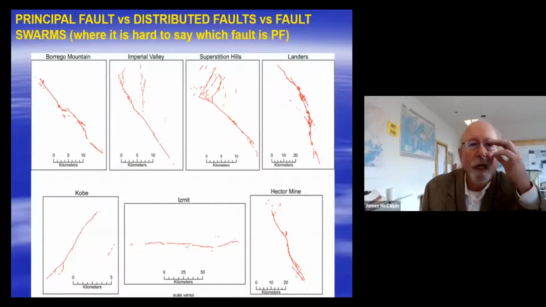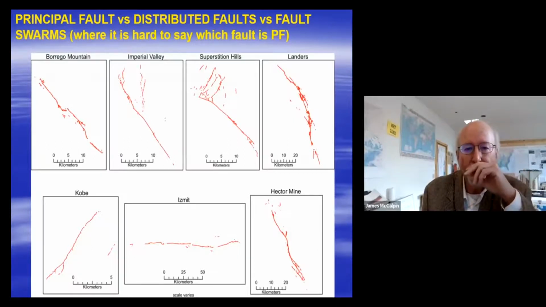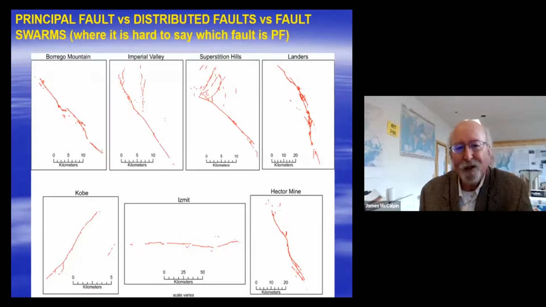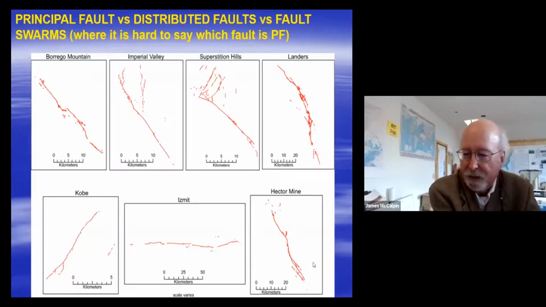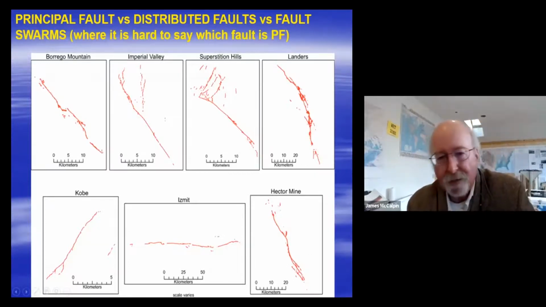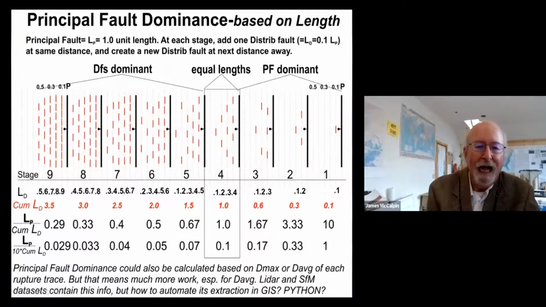Okay, so one other thing that obviously people who have worked with distributed tectonic faulting more than me say is that eventually, with a lot of distributed faulting, it's hard to say which one is the principal fault and which ones are the distributed faults. And so, thinking about this problem, I just generated a bunch of hypothetical arrays of distributed faulting,